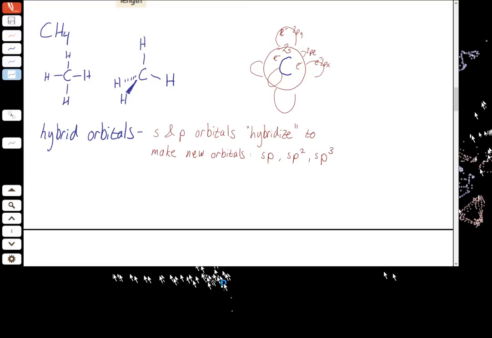And if you measure all the components properly, they do actually end up pointing to the corners of a tetrahedron, as would be expected. So this is a way to explain what's observed. This is a way to explain the observed shape by saying that these orbitals combine and hybridize. So this is often a useful